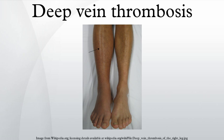Probability. In those with suspected DVT, a clinical assessment of probability can be useful to determine which tests to perform. The most studied clinical prediction rule is the Wells score. Wells score criteria: active cancer, +1 point, calf swelling greater than 3 cm compared to the asymptomatic calf, +1 point, swollen unilateral superficial veins, +1 point, unilateral pitting edema, +1 point, previous documented DVT, +1 point, swelling of entire leg,